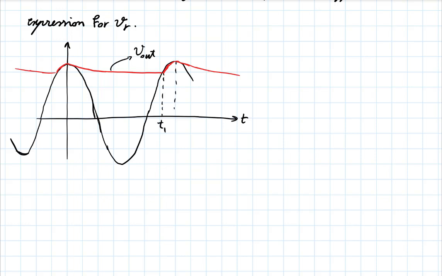And we know that this is T. For t between 0 and T1, V out is what? It's just an exponential decay, starting by Vp and dropping